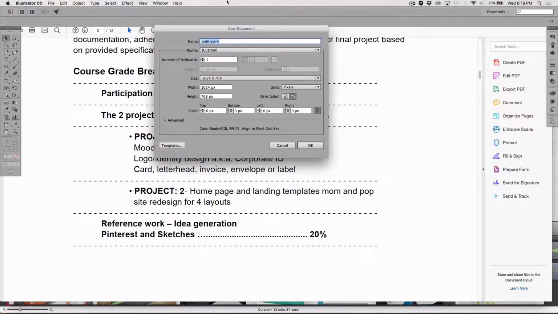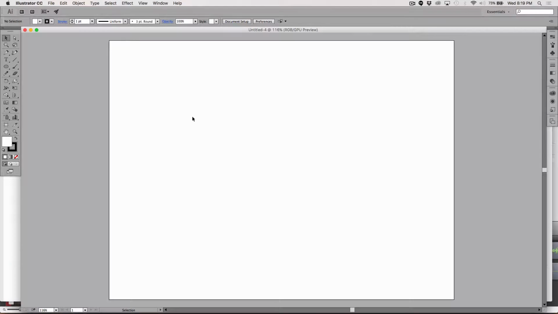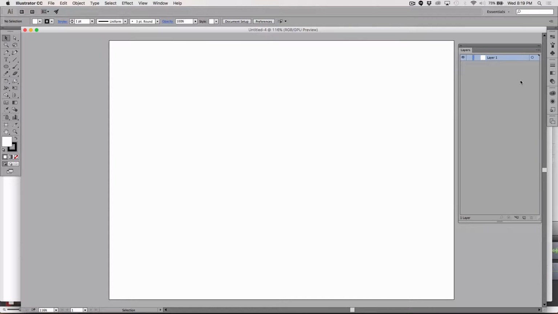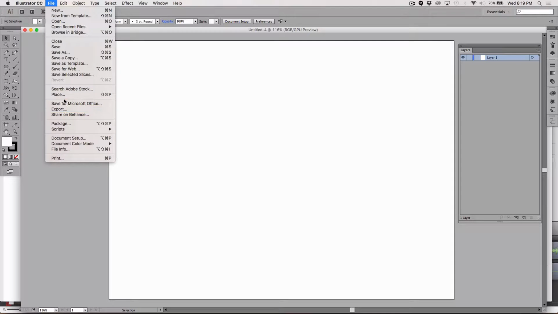I'm going to start with a new file, and I'm just going to make it any size, and I'm going to place something that I want to trace. So I'll probably need to have my layers panel, and I'm going to go Window, Layers, and the first thing I'll do is place the thing that I want to trace. So I will do that: File, Place,